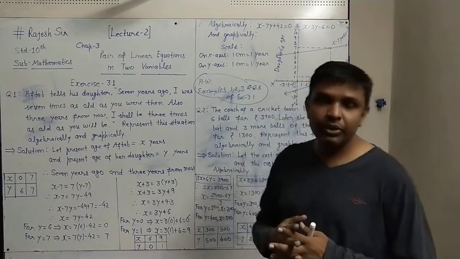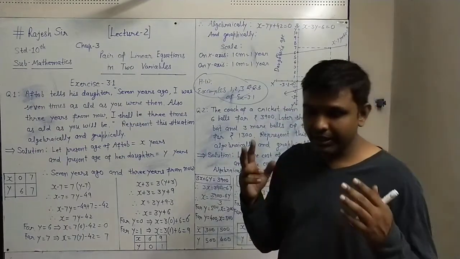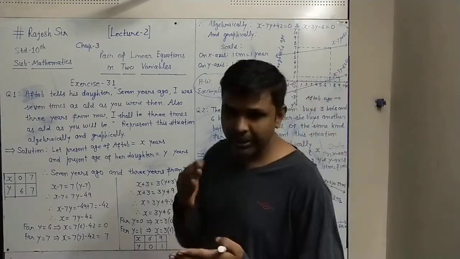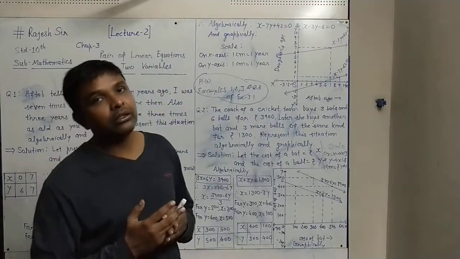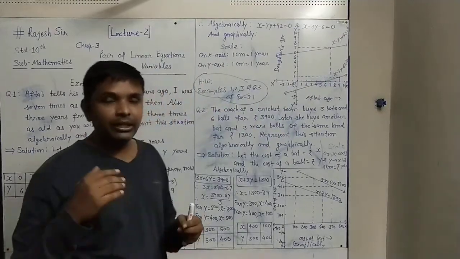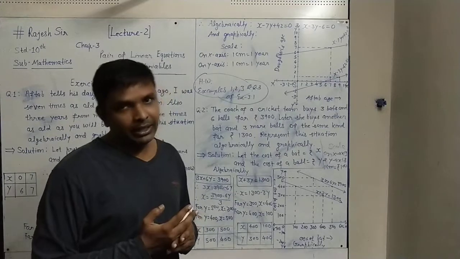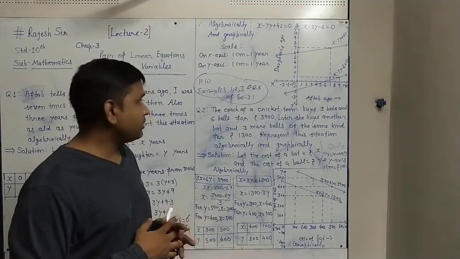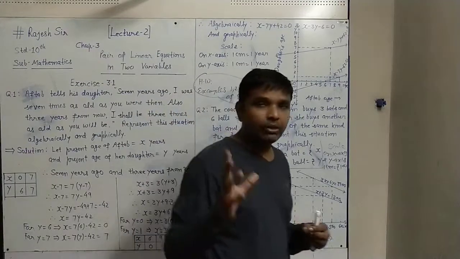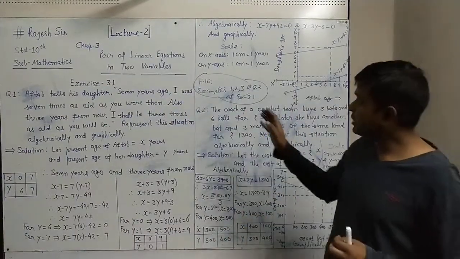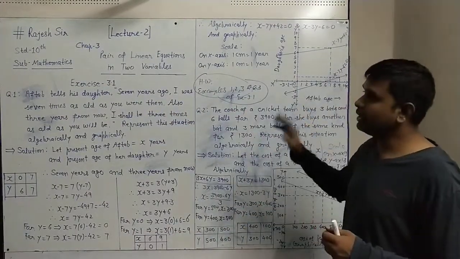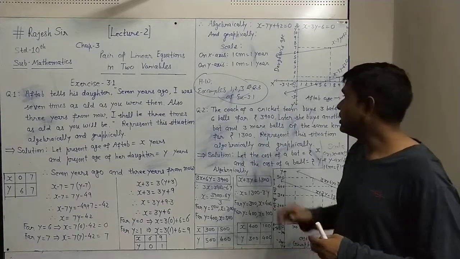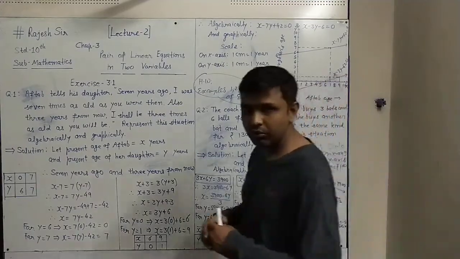All three types of situations of two lines when they are in the plane: they may intersect, they may be parallel, meaning not intersecting each other, and they may be coincident. All the three types of examples you have. So you draw it very well in your graph book only, that also you remember. And of these three questions, two I have shown you here, and the third question you have to do your